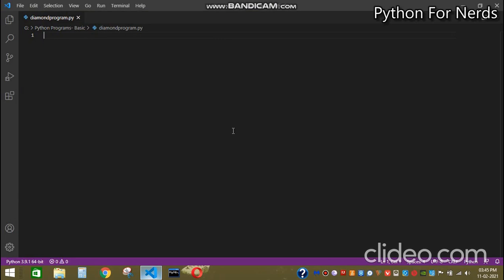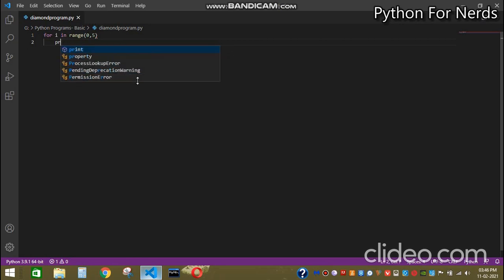But before we enter into the actual concept of the diamond program, I will explain some very basic for loop concepts that you need to understand in order to really catch up with the concept of the diamond program. So let's start with the for loop. I will show you a for loop which is printing from 0 to 4. So for that I am just doing this,